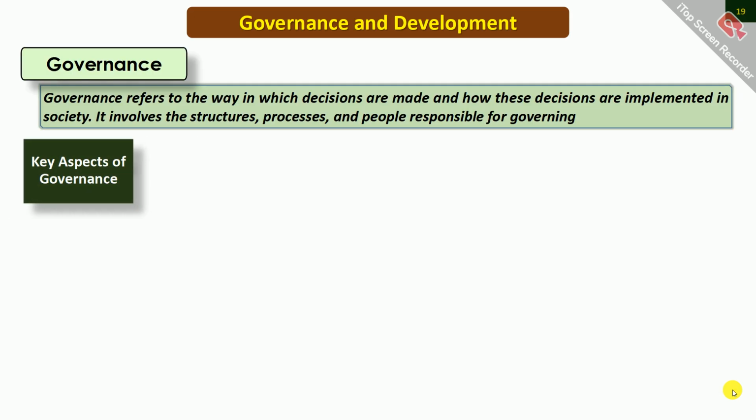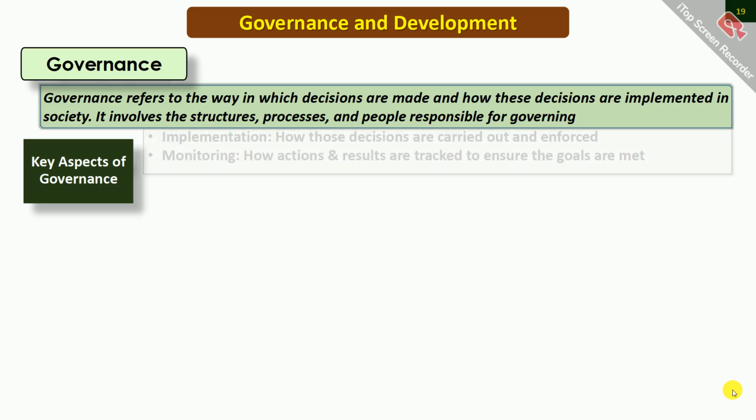We will now discuss the connection or the relationship between governance and development. Governance, as we have defined so many times earlier in many other slides or many other presentations in this channel, refers to the way in which decisions are made and how these decisions are implemented or not implemented in the society, and it involves the structures, processes, and people